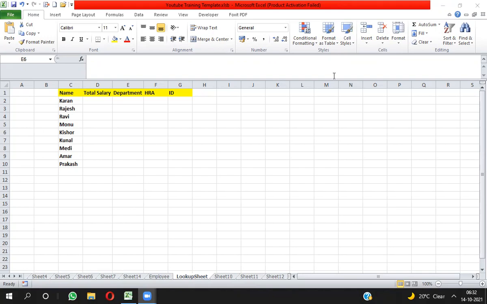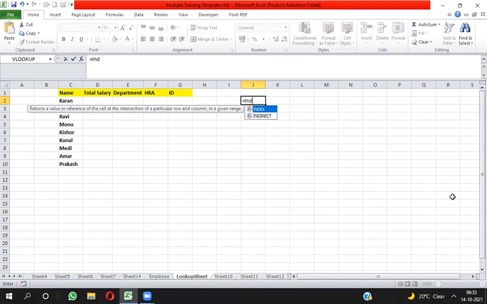So here I'm going to let you know the topic. My topic today is INDEX and INDEX MATCH. I will let you know the manual INDEX function first, then the INDEX MATCH function. Then I will show the same thing in VBA coding. Generally in INDEX MATCH, you have to pick the data as per row and column from the range.